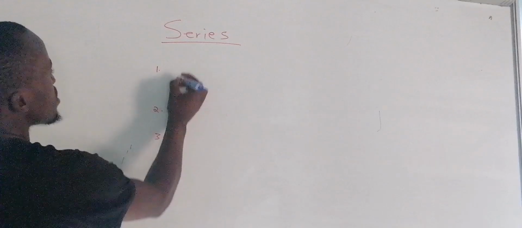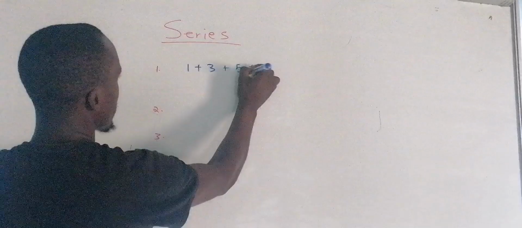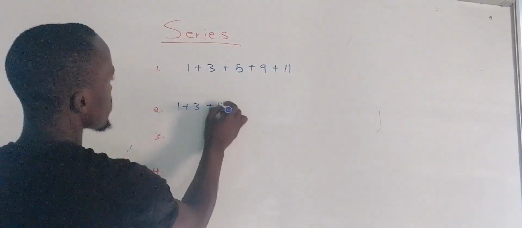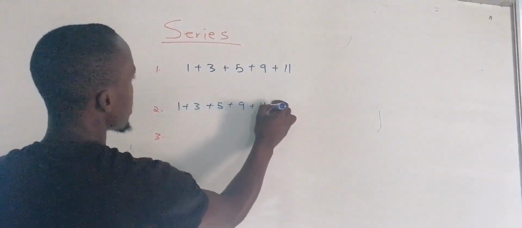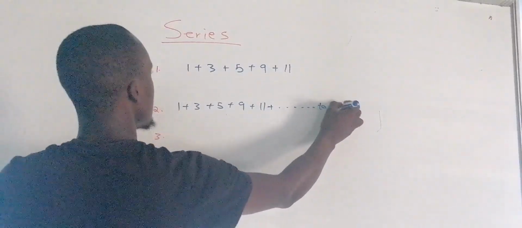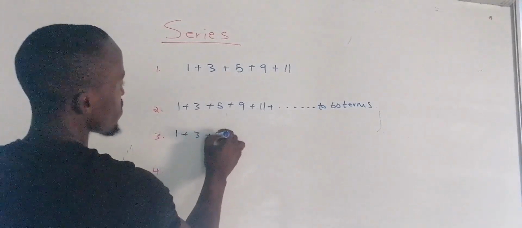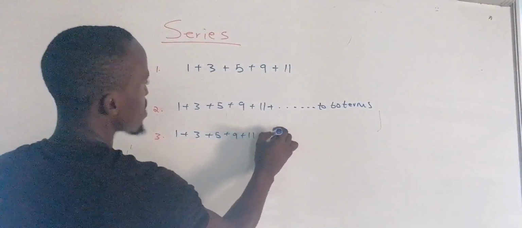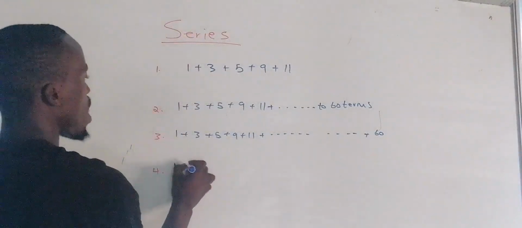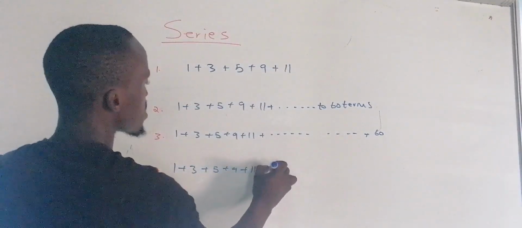Alright, now let me say we have 1 plus 3 plus 5 plus 9 plus 11. Then we have 1 plus 3 plus 5 plus 9 plus 11, then plus 2. Let me say 60 terms. Then we have 1 plus 3 plus 5 plus 9 plus 11 plus 60. Then 1 plus 3 plus 5 plus 9 plus 11 plus